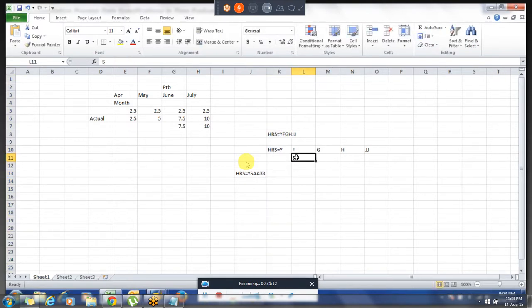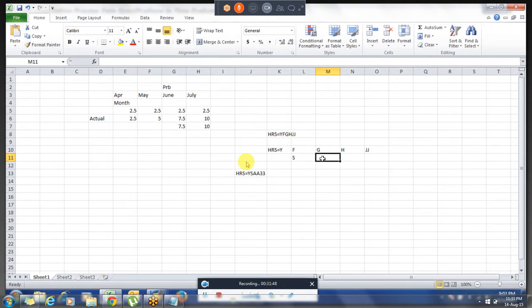Because I am using S here, it will check whether this date type is available in info type 41 or not. If it is not available, this is the probationary date, so we are taking it as the probationary date. If the probationary date is not maintained, it will take the hiring date as the probationary date. So if an employee does not have the probationary date, it will generate from the hiring date. If not, it should generate from the probation date. That is what I am going to take over here.